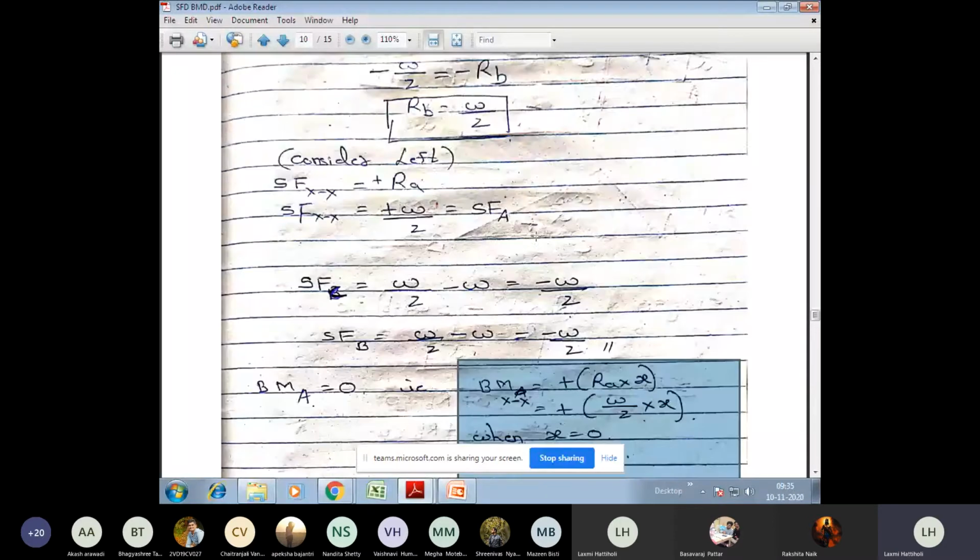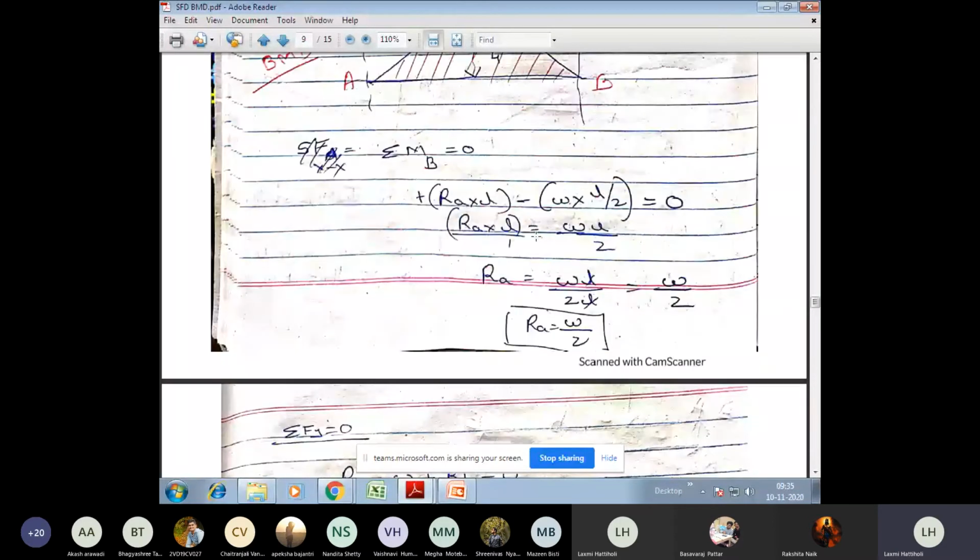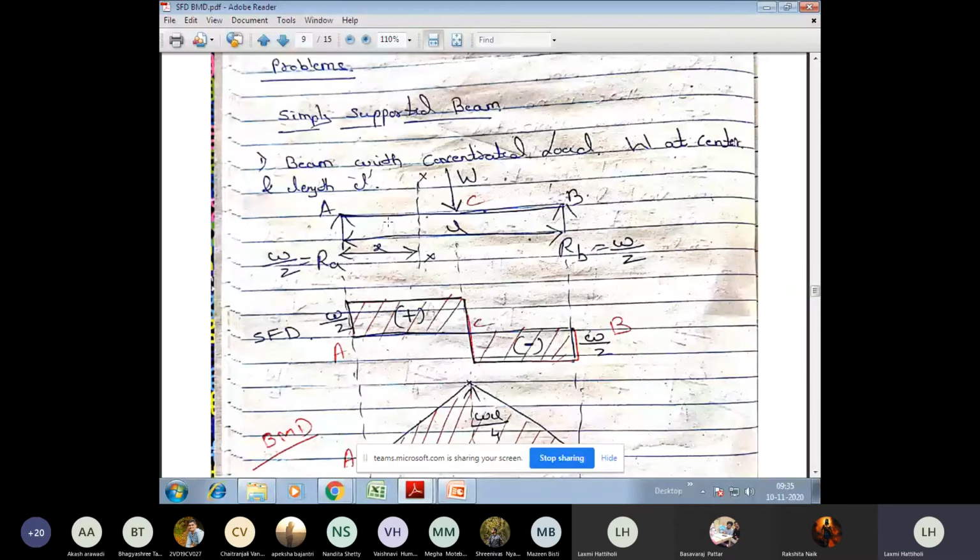So bending moment at XX. First I'll tell you depending on the XX now. Where is your point? Now you're coming from the left side always. Okay, now I hope you have understood the SFD. Now I am going to the BMD. Where is your section? This is your section XX.